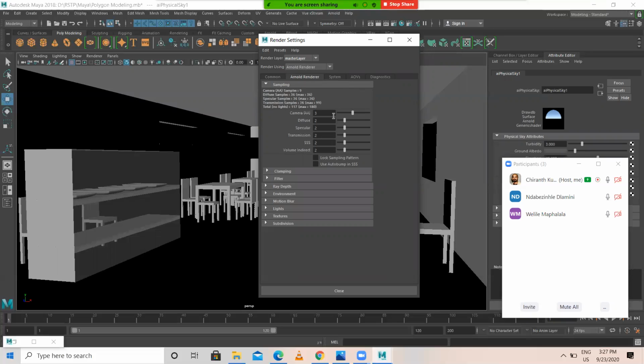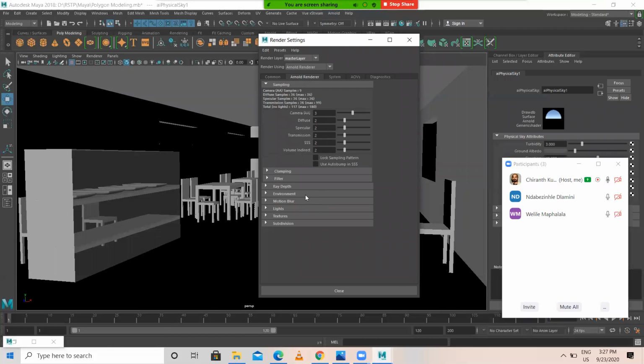See, this seems confusing for you, but this is very simple. Every time when we create something, when we work on it, I'll be teaching the same thing, how to use different types of lighting techniques. Now only physical sky we have selected.